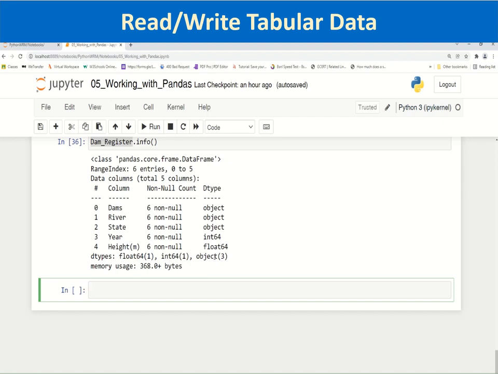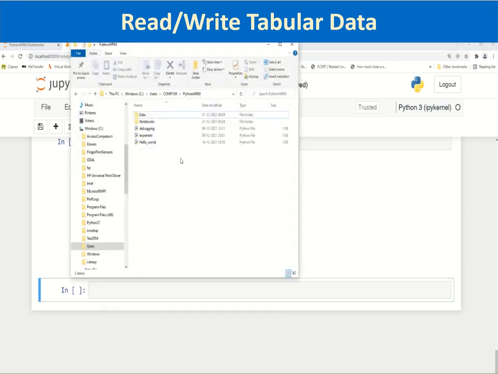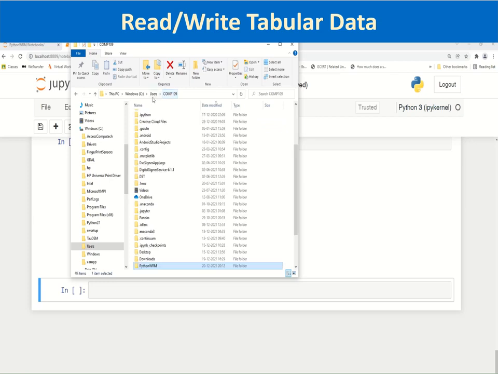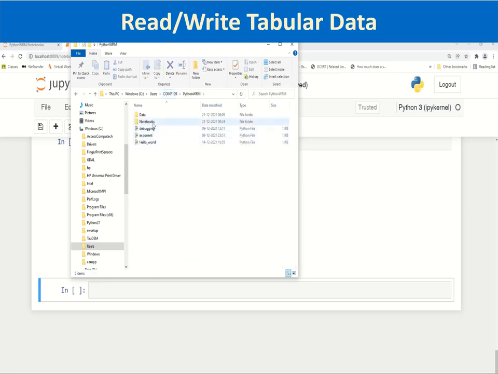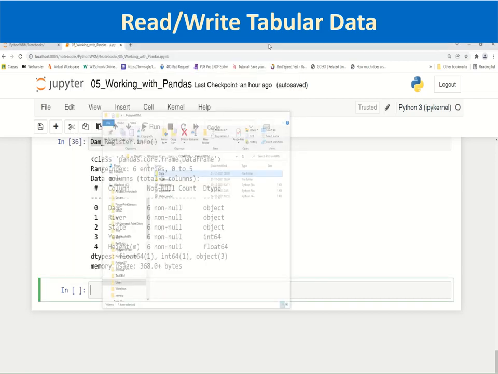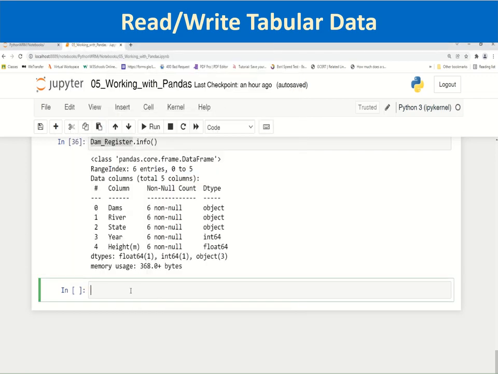Let us check. First we have to pass on the file path. We have to create the file path. Now it is a good practice, just as we are saving the notebooks in a folder, to also save all the data in a separate folder in the home directory, where I have created a Python WRM folder, and in it I have a folder for notebooks as well as a folder for data, and the data folder has that particular file. Now we have to create the file path. For that we can use